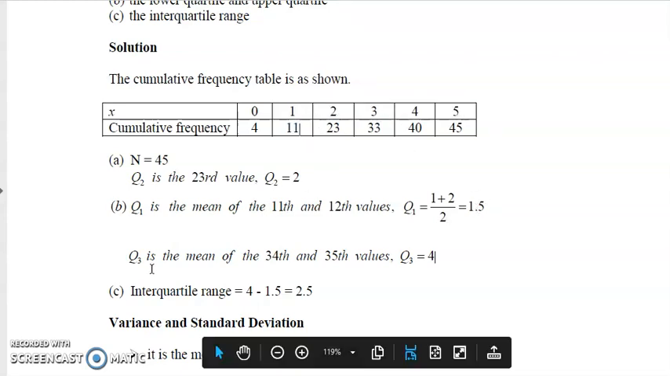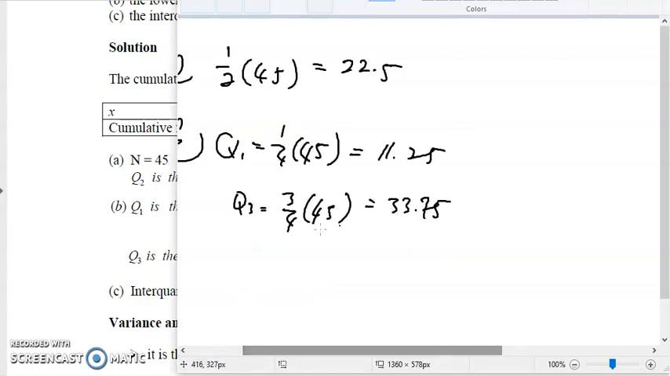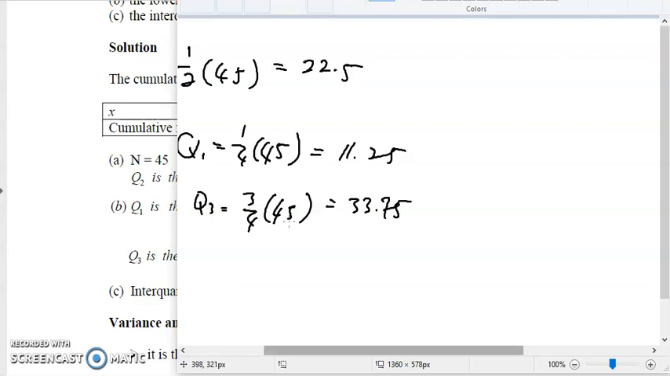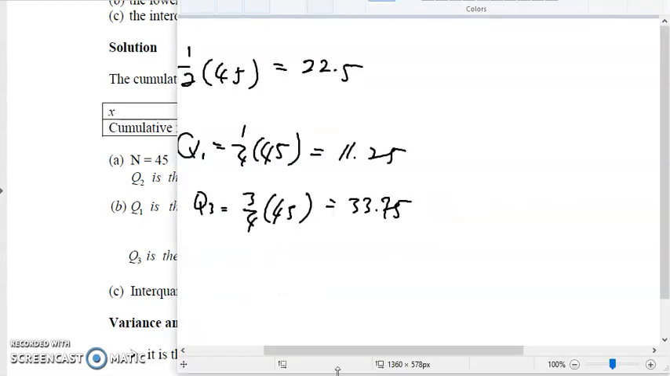Okay, and then Q3. Here we just need to make a correction. We had 33.75 just now, because 3 over 4 of 45 is 33.75. 33.75 is located between 3 and 4, so we'll have 3 plus 4 over